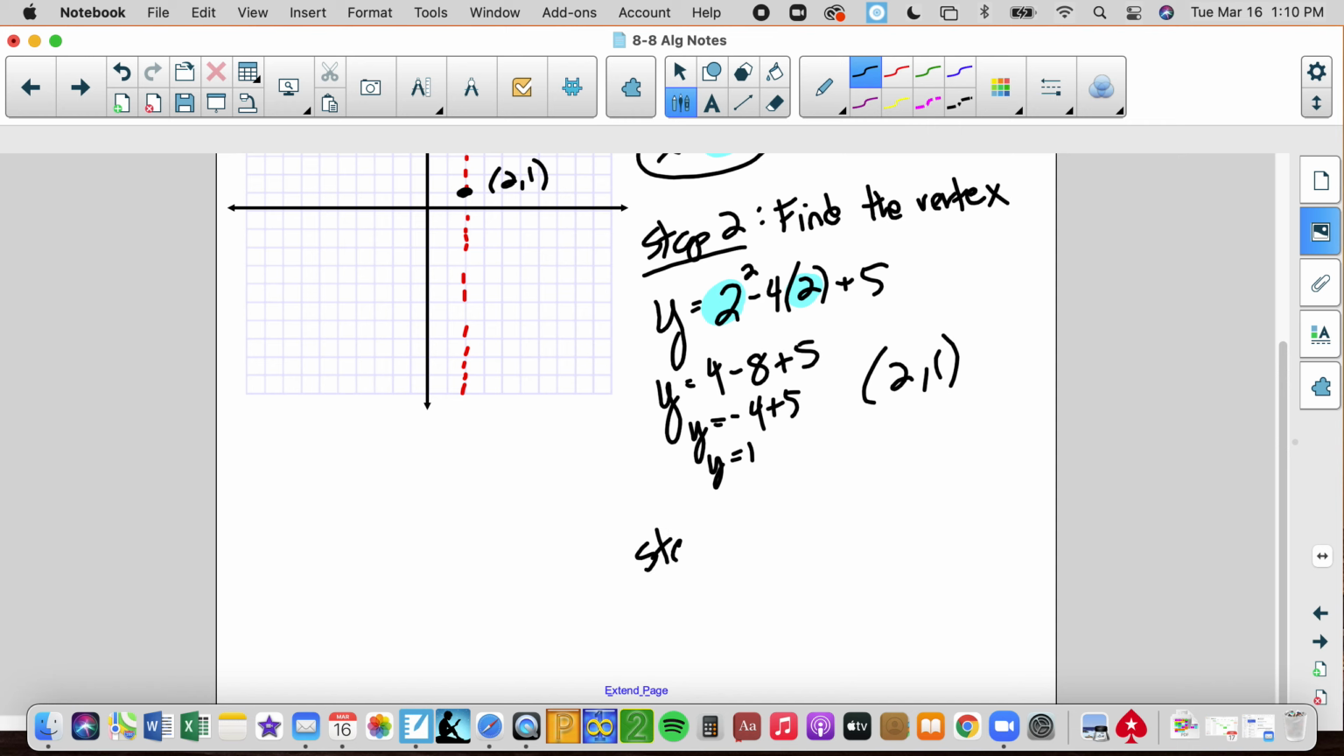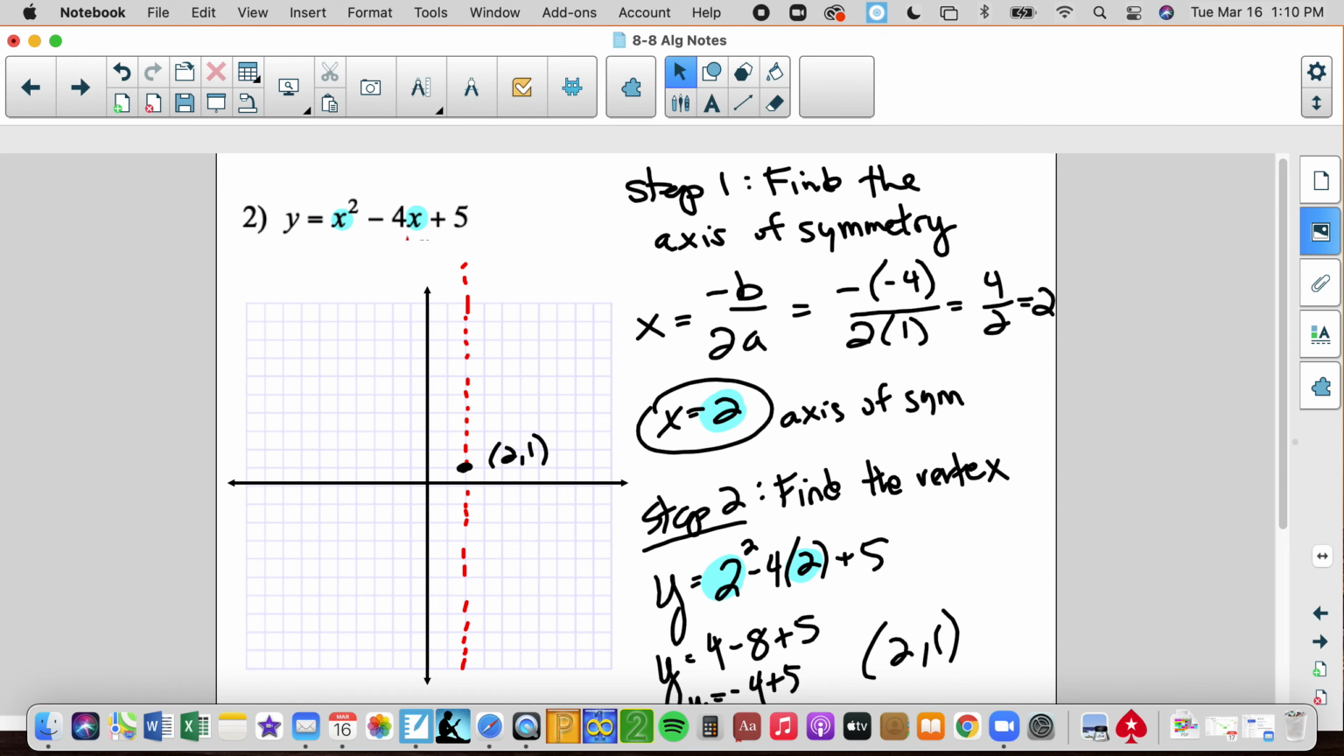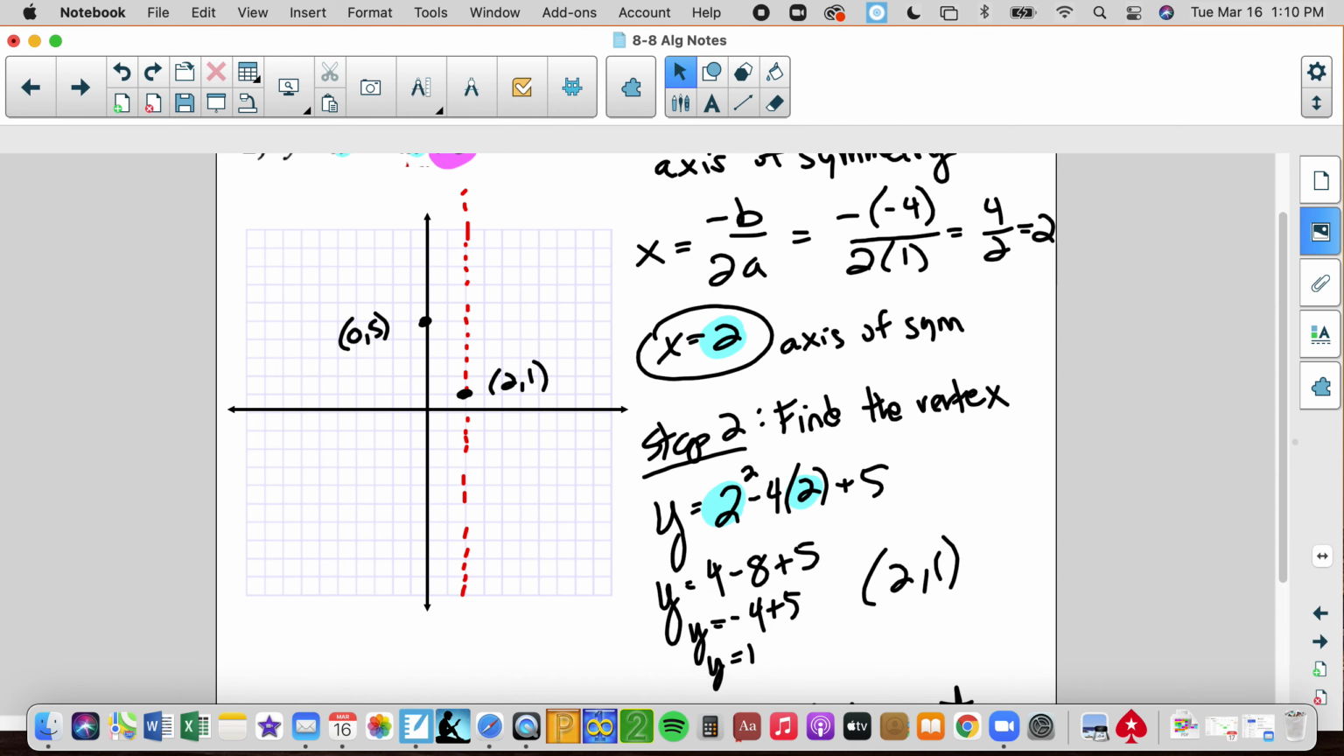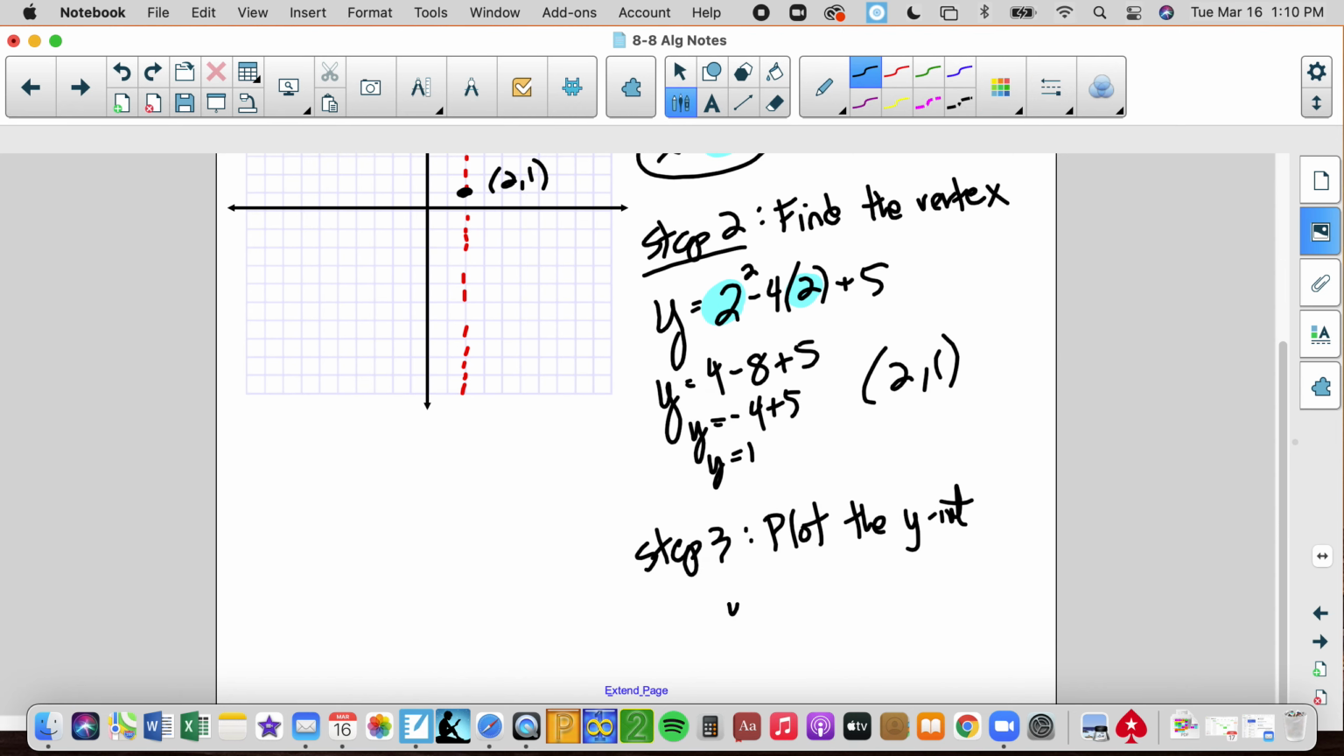Now, step 3 is plot the y-intercept. Remember, the y-intercept is the constant in the equation. So my y-intercept is going to be 5. So I can plot that point. 1, 2, 3, 4, 5. That's my y-intercept, (0, 5). Okay, so my y-intercept